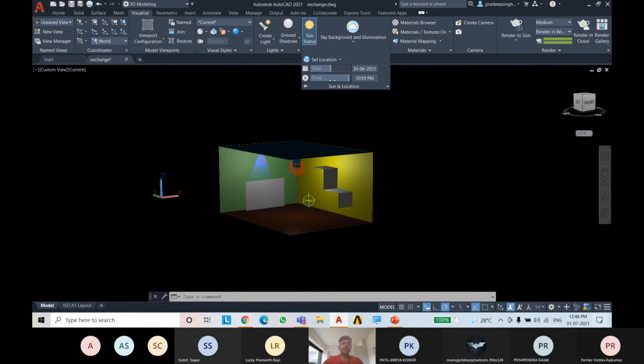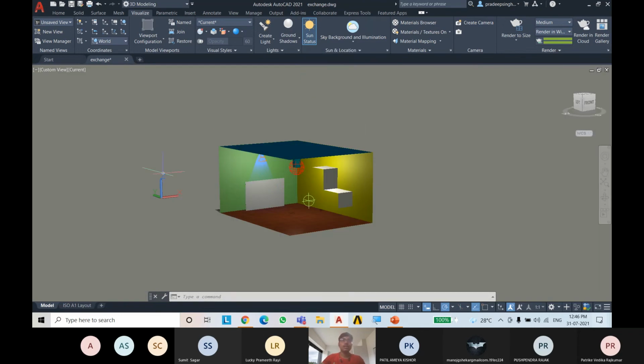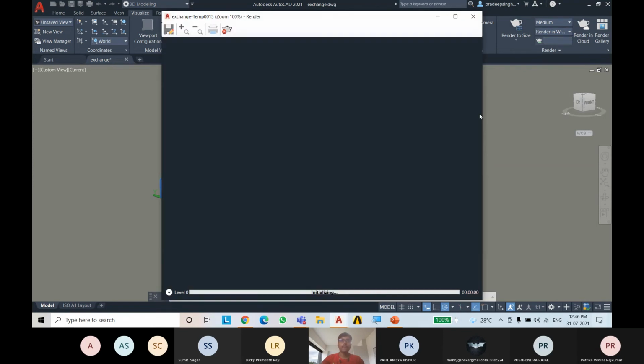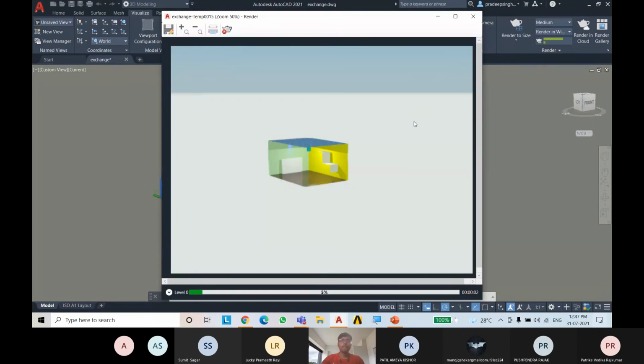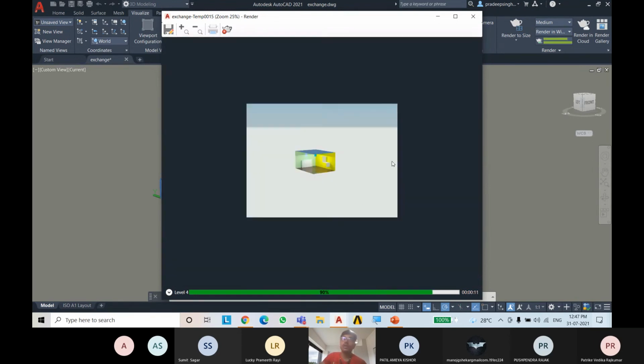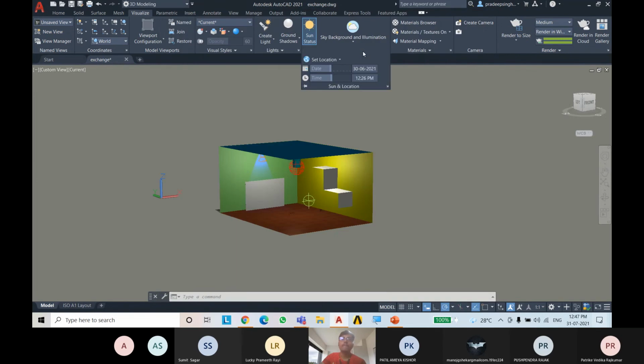So if we change this background to some afternoon, you can see that the background is changing according to the light intensity at that time. So now you can see that there is some blue on the top and white. It is because I have chosen this background as sky background.